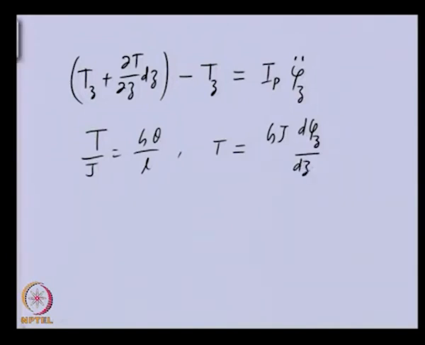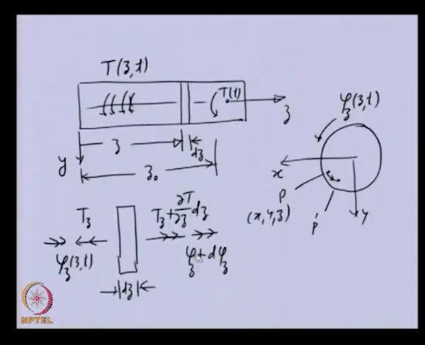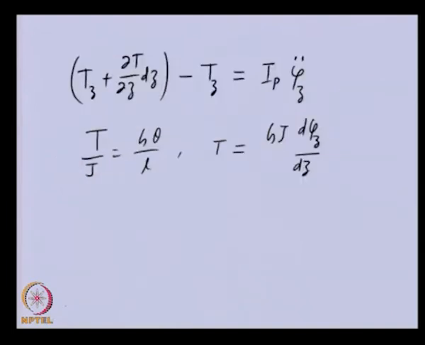So, you can see in the previous slide, the relative twist of the two planes is the difference of this angular displacement minus this. So, that is d phi z, and the shaft segment length is dz. So, we got this one, and